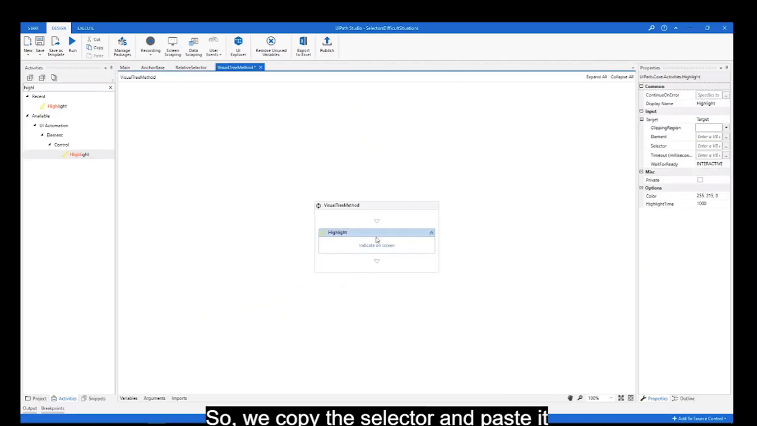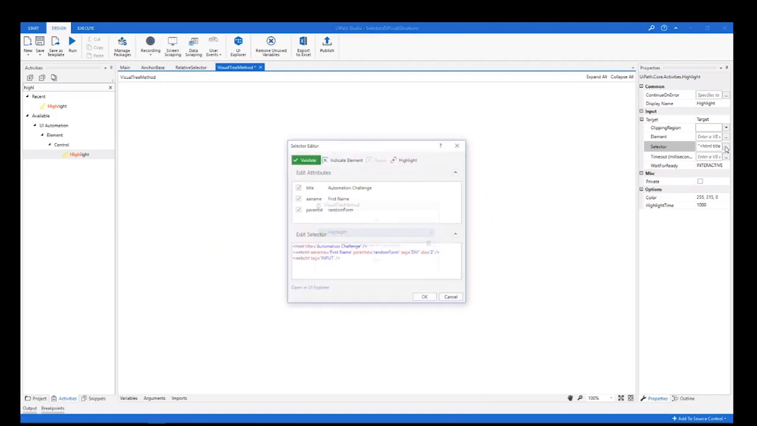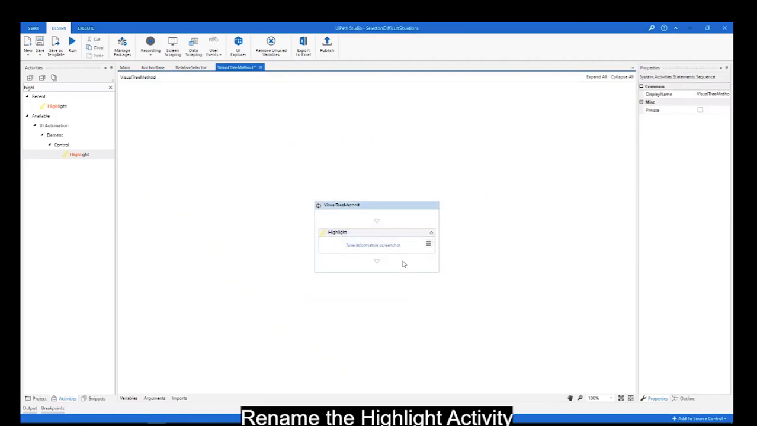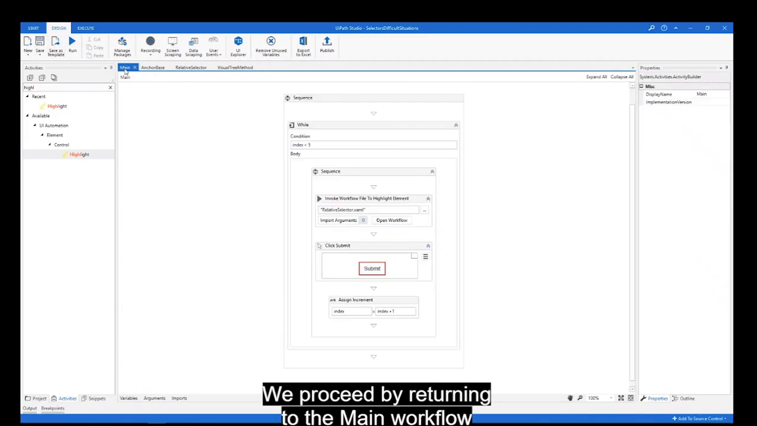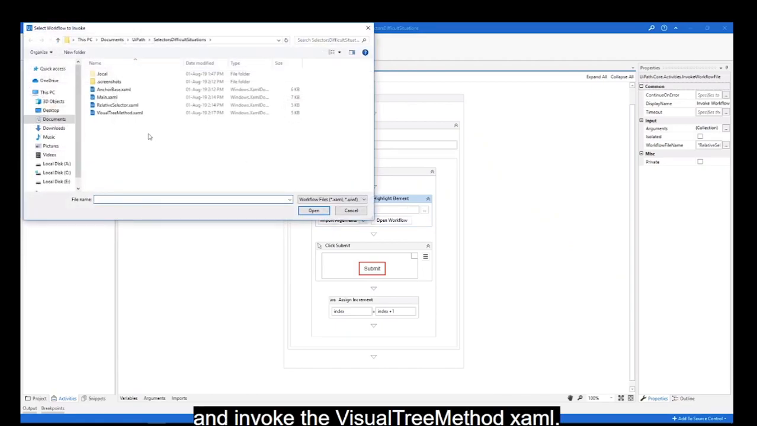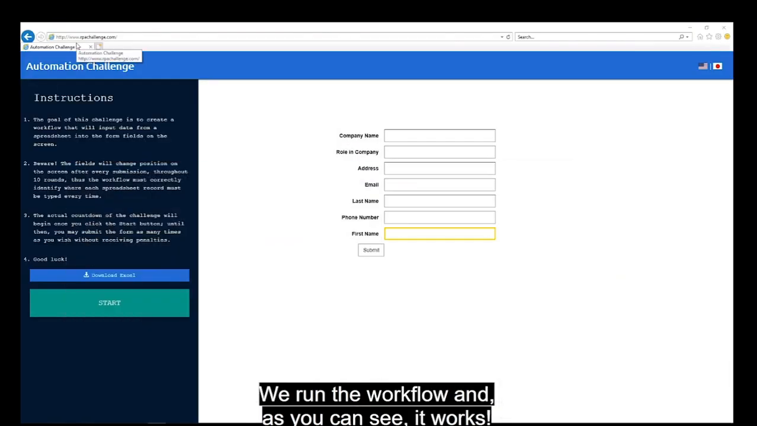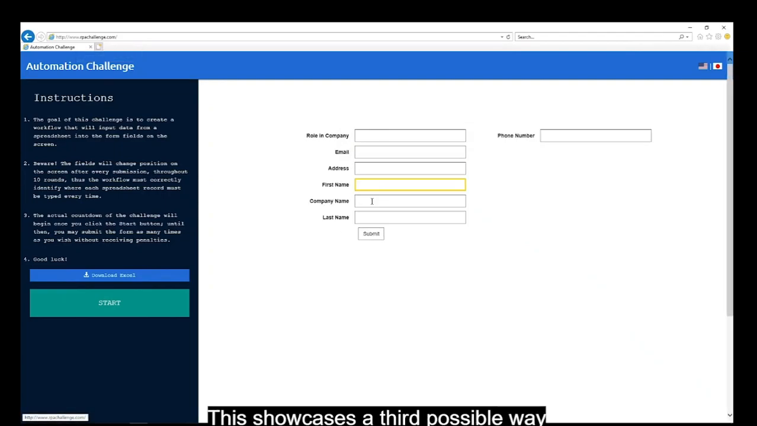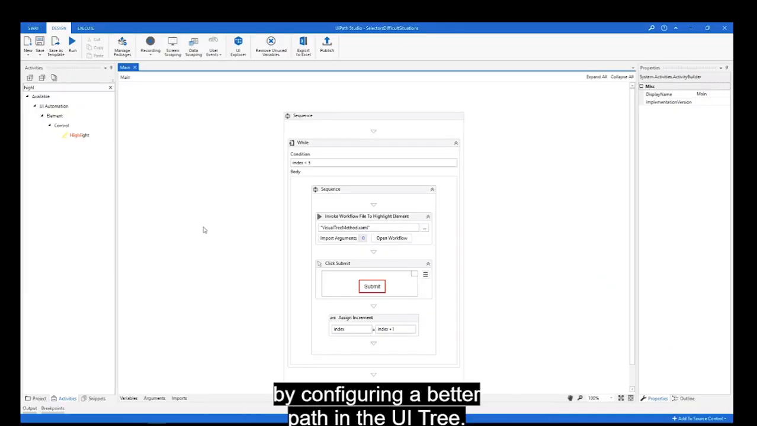So we copy the selector and paste it in the target selector on the right-hand side. Rename the highlight activity to highlight first name input field and hit save. We proceed by returning to the main workflow and invoke the visual tree method XAML. We run the workflow, and as you can see, it works. Now this showcases a third possible way in which we can improve the selector by configuring a better path in